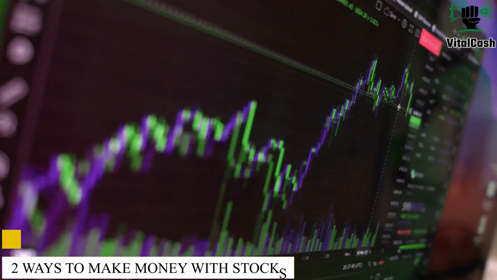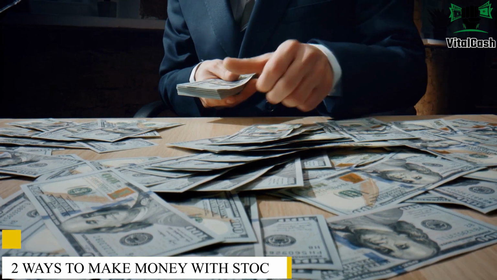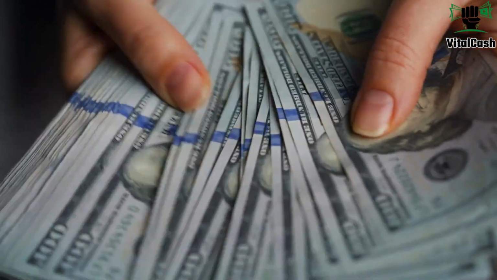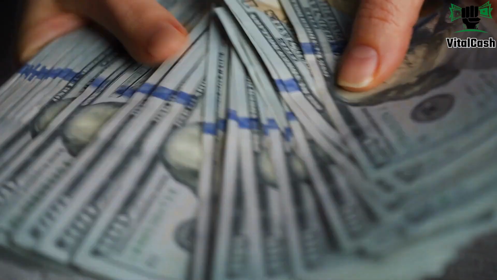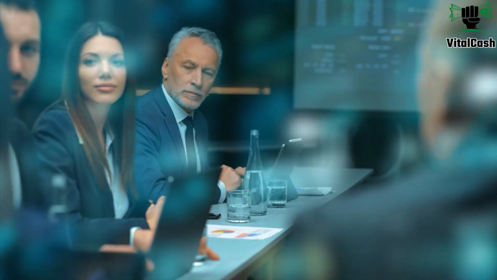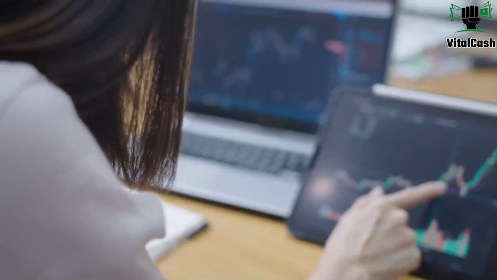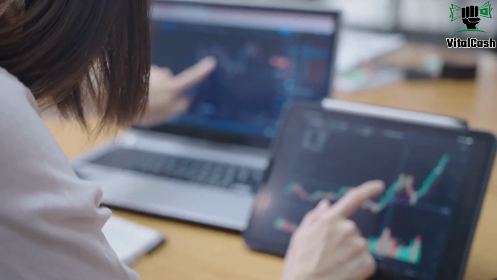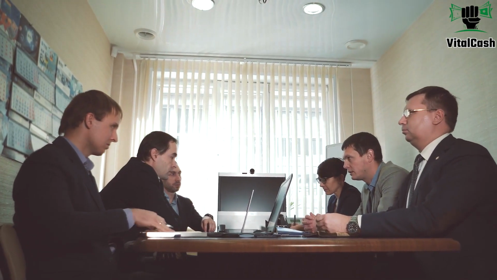Two ways to make money with stocks: capital gains and dividend income. Both capital gains and dividend income are sources of profit for shareholders and create potential tax liabilities for investors. Here's a look at the differences and what they mean in terms of investment and taxes paid. Capital is the initial sum invested, so a capital gain is a profit that occurs when an investment is sold for a higher price than the original purchase price. Investors do not make capital gains until they sell investments and take profits.